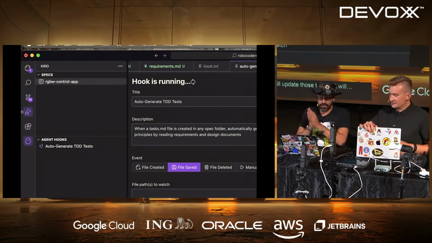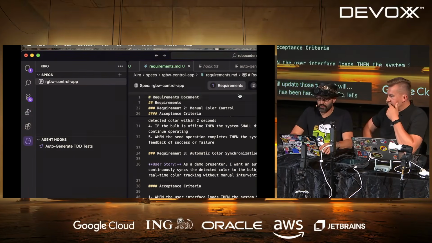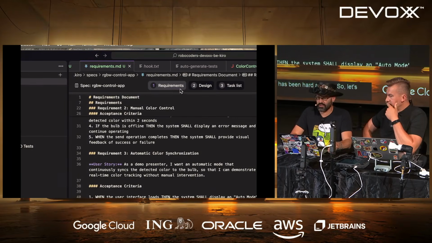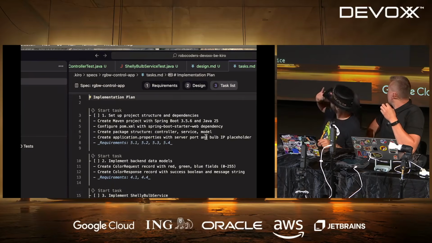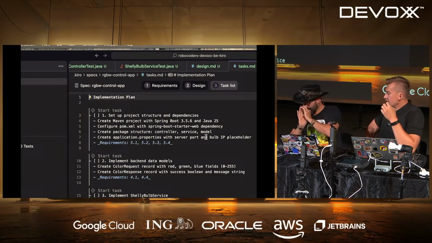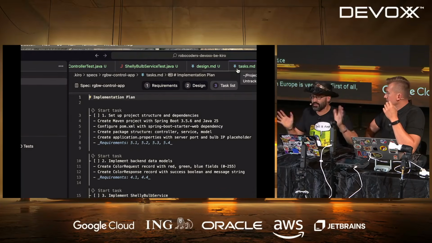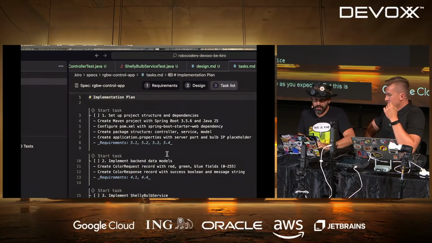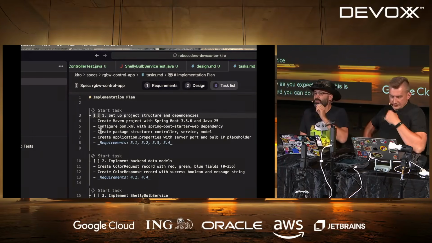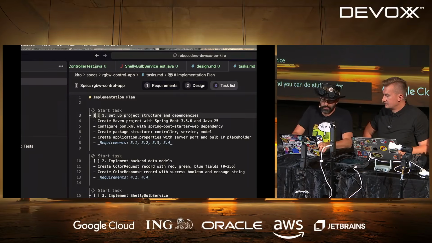Okay, Kiro magic. Kiro is being hard at work. So let's first of all review our spec. Our spec finished the requirements, the design, and the task list. And this is the task list. Now, the task list in Kiro is very cool. First of all, it's a markdown document, exactly as you expected. But this is actually a smart markdown document, and you can do stuff like, for example, disable it or make it complete. You make it complete by obviously doing this.